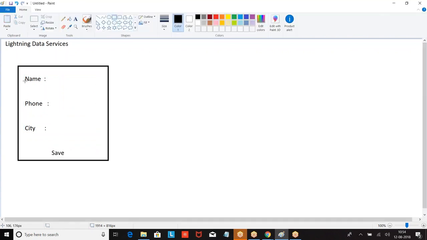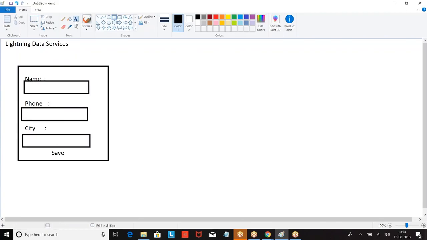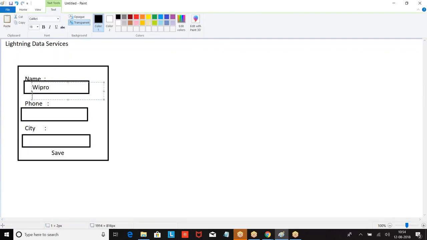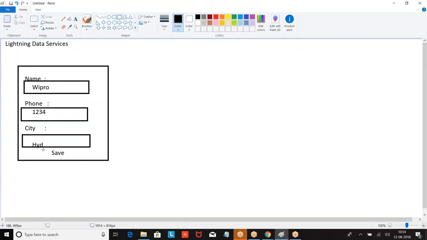This is the component what I had. I entered the data like Wipro. Click on save. The moment you click on the save, what happens?